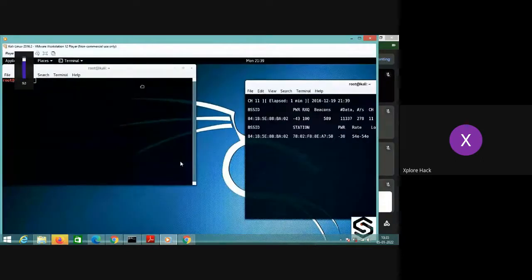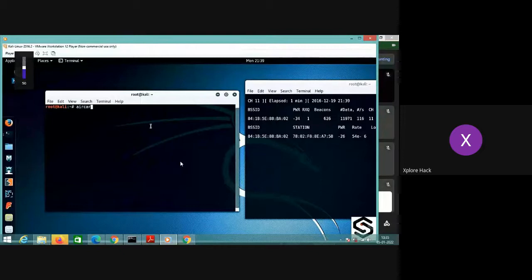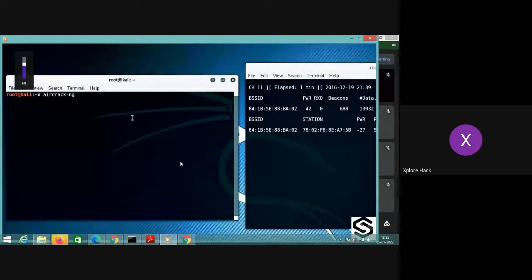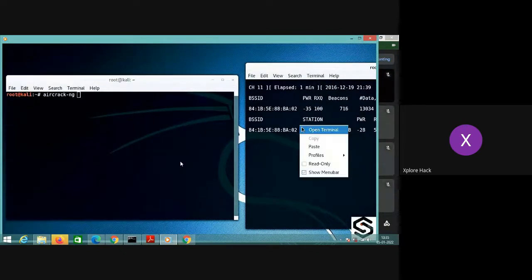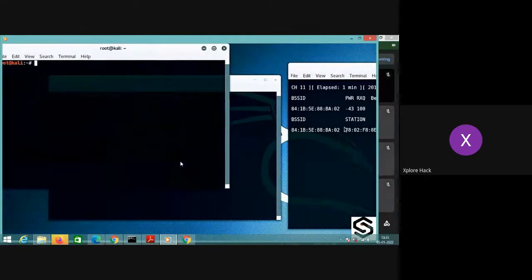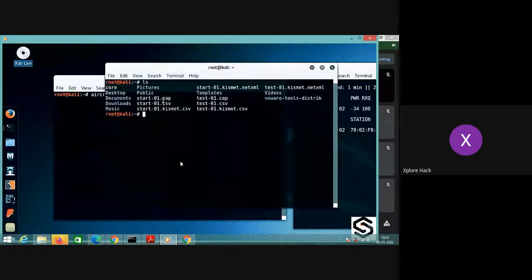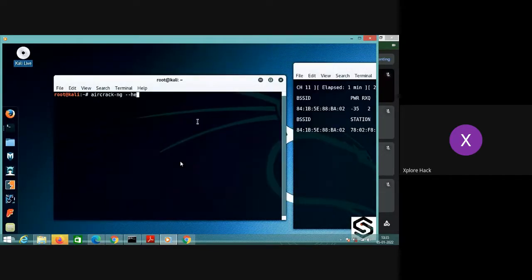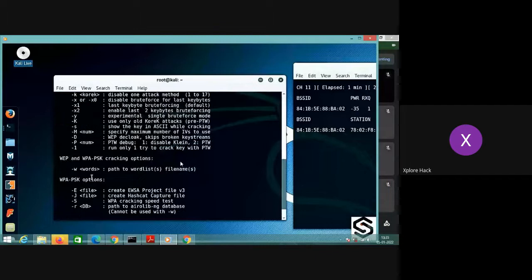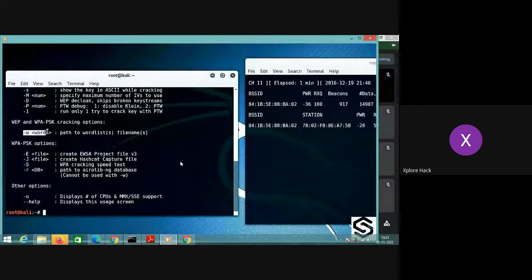Let's try to run the attack on it, and find it investigated in the start file. This is the capture file. So let's open the new file. Let's see the dashboard for you, which is the WPA. Okay, let's see how we want this. Let's take the file over here. And the file name is